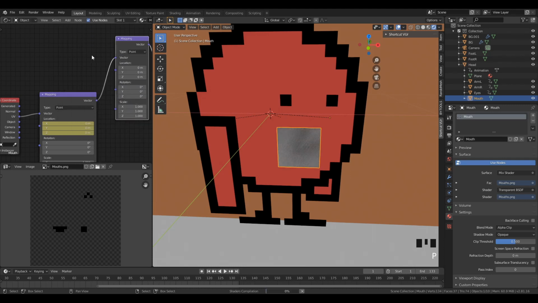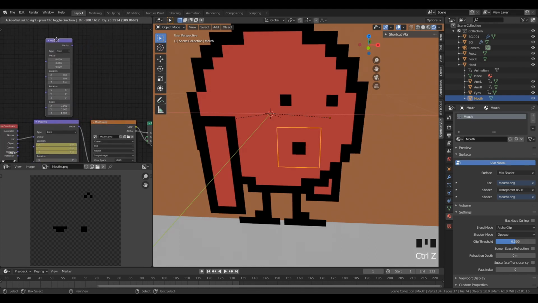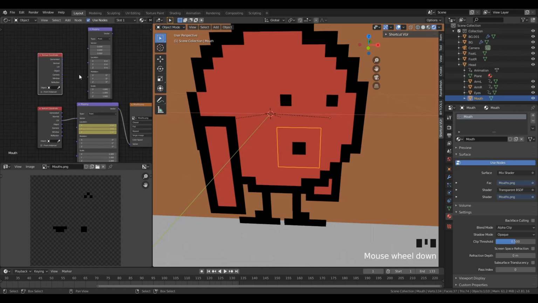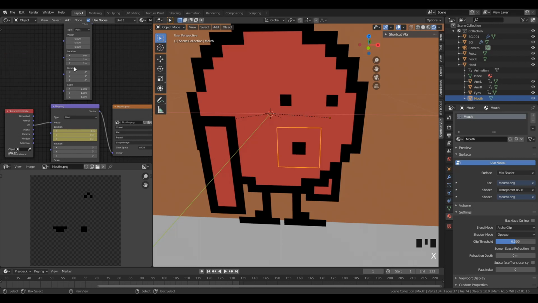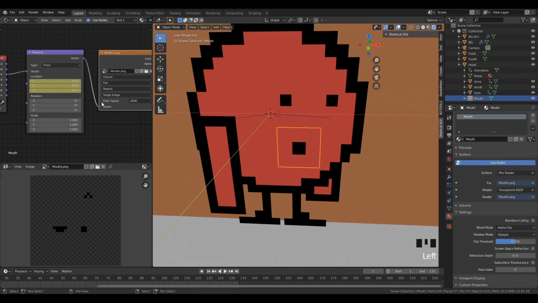We'll go to mapping, and oh, we don't want that attached. We have a mapping node, and then we go to input, yes, the texture coordinate node. We basically hook all those up, like I did here,